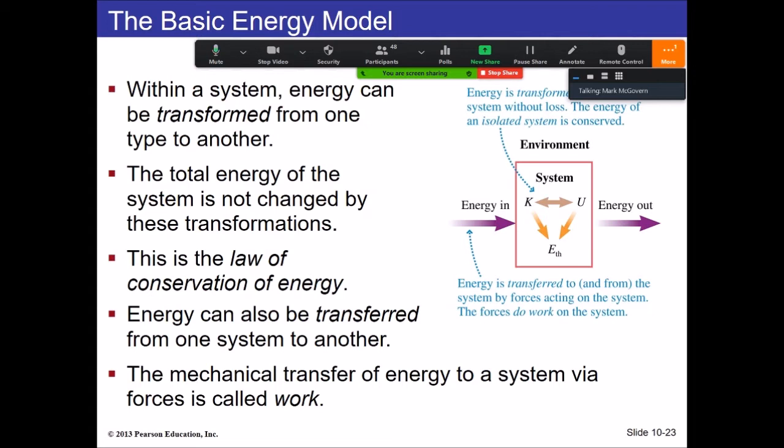But some of the energy, while it leaves the transfer between kinetic and potential,